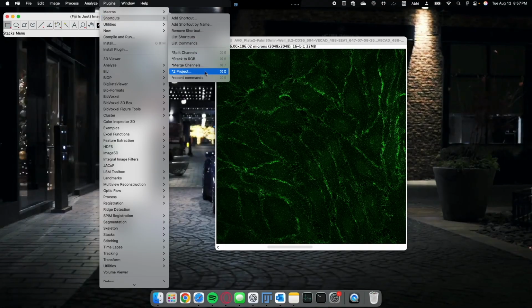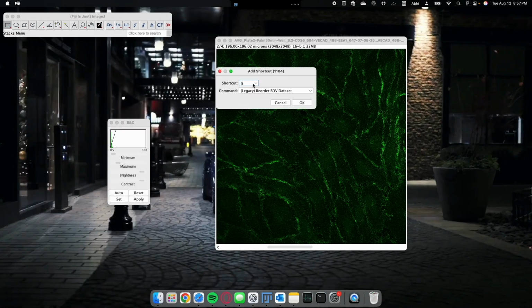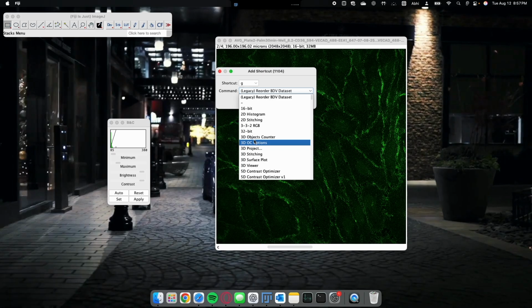For example, I have the Z-project keybind coded to Command 0. And so if I were to press that at any point, I can quickly activate that command. And just to quickly add a shortcut, once you click that, it will pull up all available keys that you can attach to a command. And so, for example, if I wanted to,